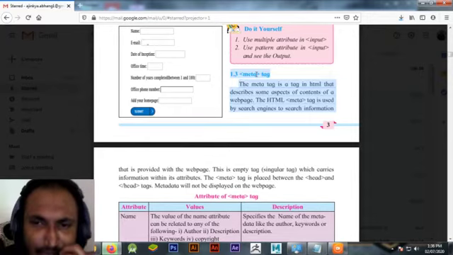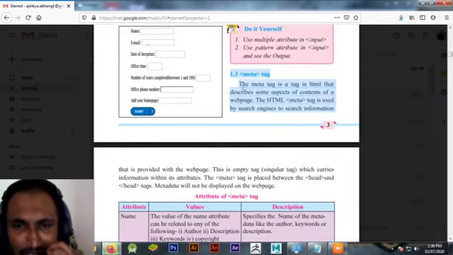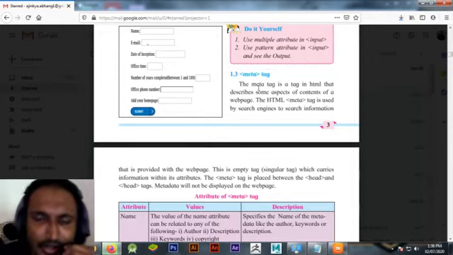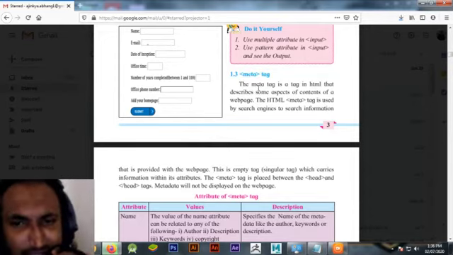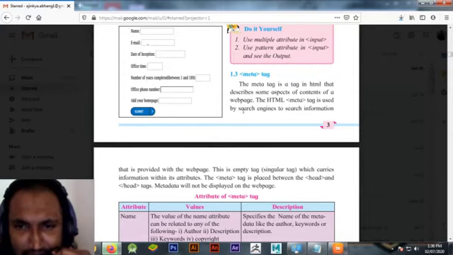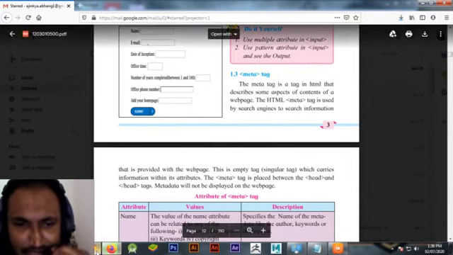So it is a simple example about metadata, but to understand what is meta tag, we should understand what is a search engine. See, Google is our search engine.